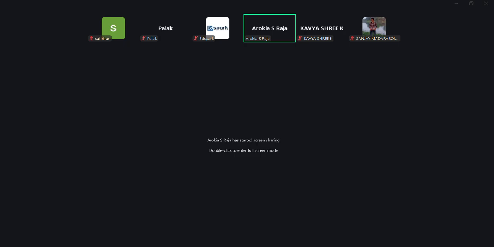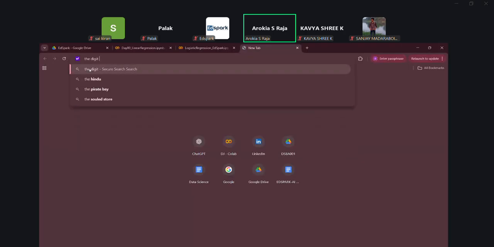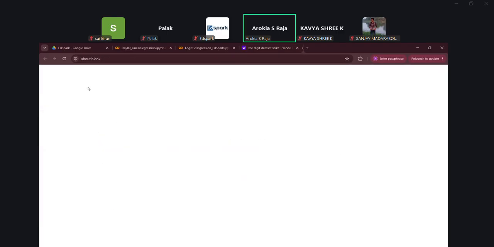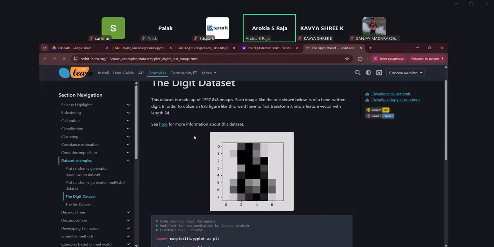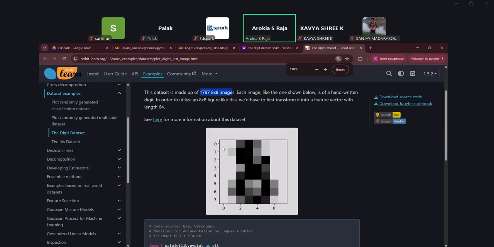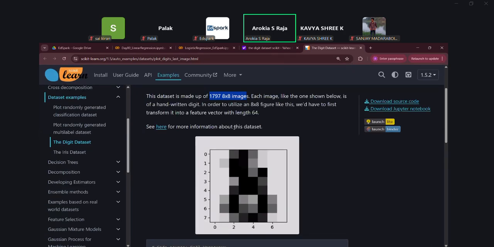I'm just going to say the digit data set and cycle. Right. So this is the problem we are going to see in today's class. This is a multi-class problem. In this problem, we have an 8x8 image. If you see here, this is an 8x8 matrix, and in this data set, we have